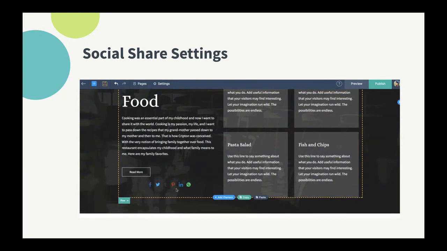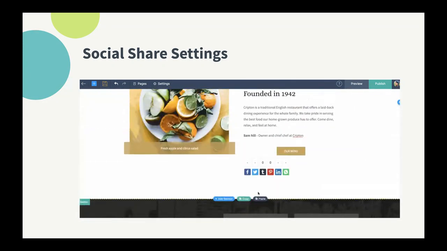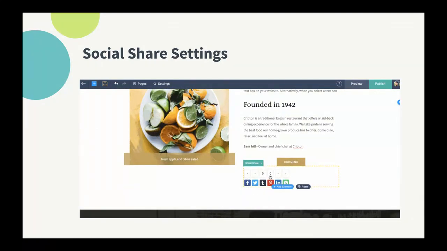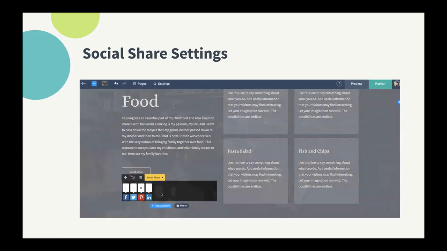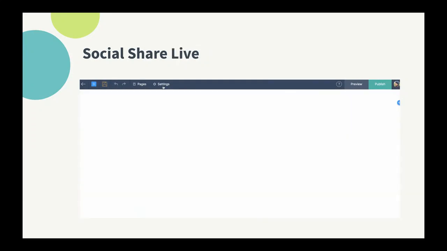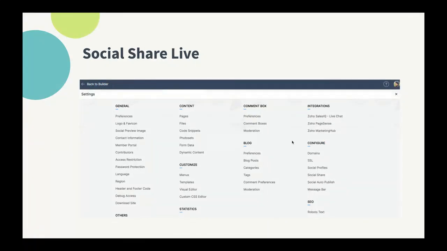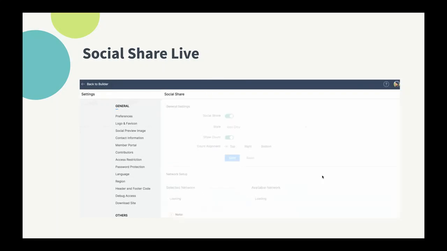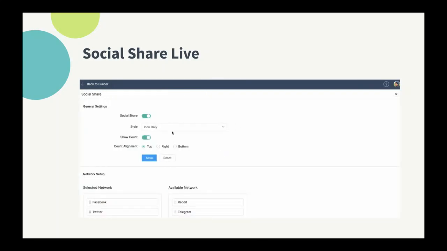settings under the configure section. And you can choose the general settings and edit it based on what you require. You can always take networks that you do not wish to have on your page and put it back in the available networks list, and so it won't be displayed. And then once you click save, it'll be saved as per your requirement. And then once you publish your site,